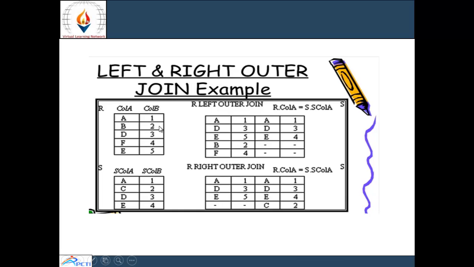Here there are two tables, R and S. If we perform R left outer join, it means it will contain the data of the left table, and if you perform the right outer join, and if you give a command like R right outer join, then it will result in this output.